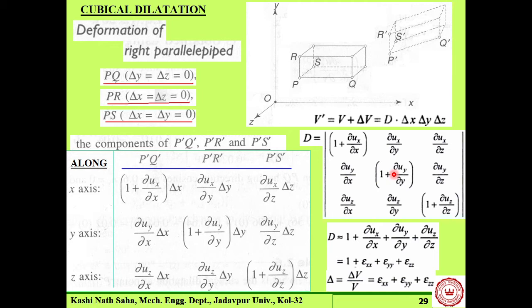So, this V is written as this, where D means a delta. We represent the volume change as delta, and this is represented as D here. So we express this as D into delta x, delta y, delta z, and if we take V as common, this is 1 plus delta V by V. So that would be the thing.